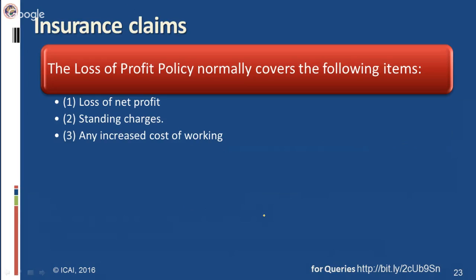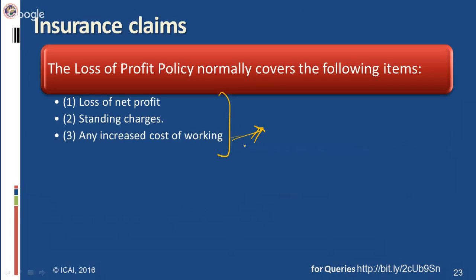Like you have to shift your goods for the time being, till the time the walls or the businesses suffer due to the fire, or you have to shift the business. Dislocation charges may be there. You have to hire trucks to shift the materials from one place to another. These are increased cost of working. Normally, the insurance policies cover all these three, but still it